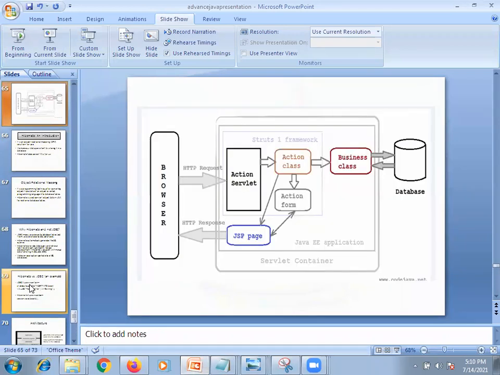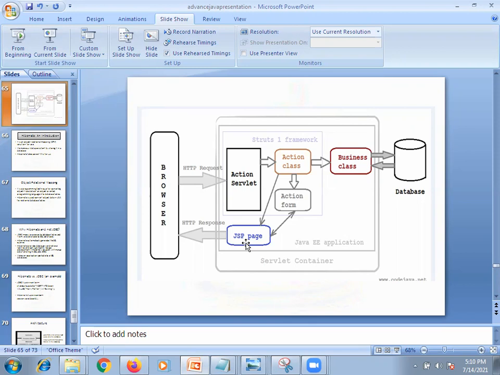Yes, sir. You don't need to know it end to end, just remember it at a high level. So what are the components we require? One is the action servlet, which we need to configure in web.xml. That action servlet will ask us to share the struts configuration file.